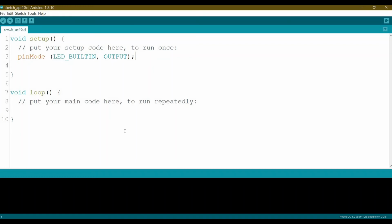And then in the loop we just trigger it on and off. But be careful, the built-in LED of the ESP8266 is active low. So it means if you want to turn it on, you have to send low or 0. So we type here